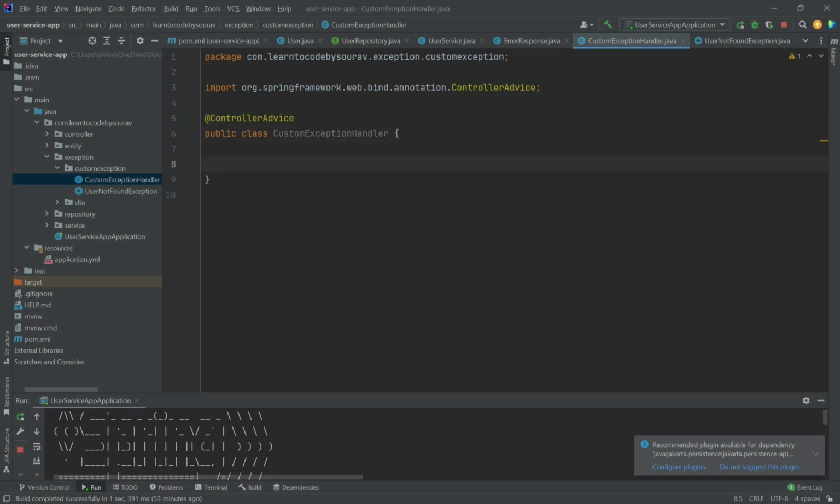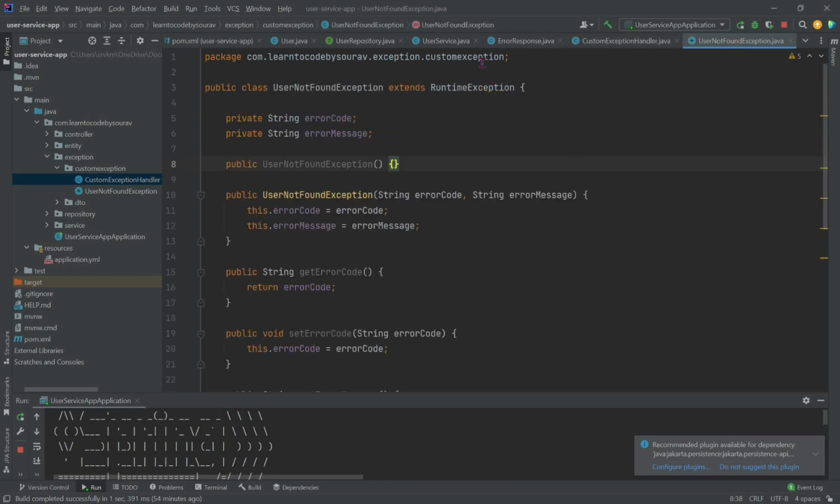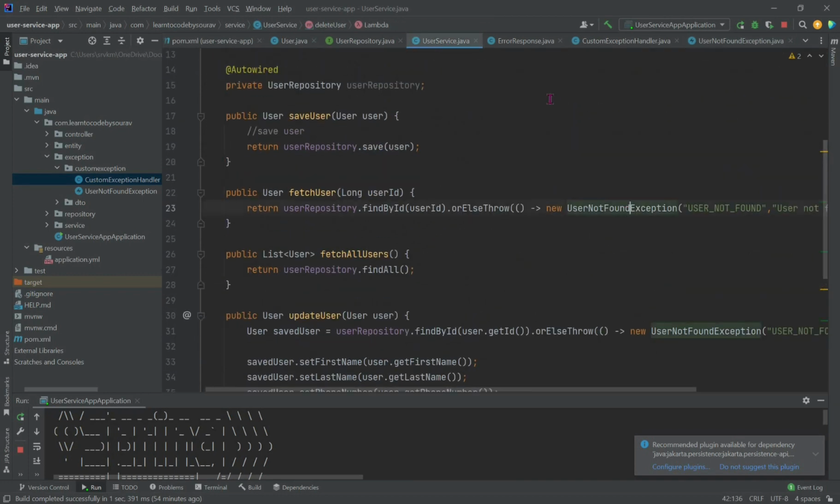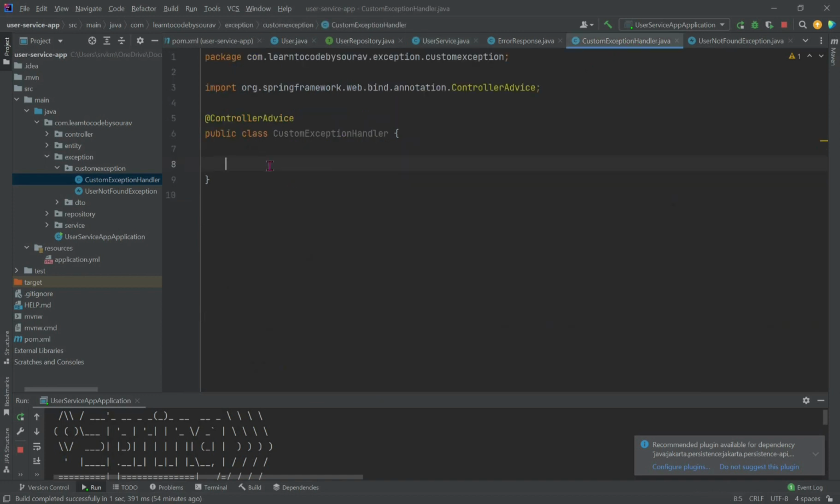Now whenever an exception occurs anywhere in the project, it will land in this class. Now we will create endpoints to handle the specific exceptions. So we have one exception, UserNotFoundException, which will be thrown from this user class from three places. So whenever this exception occurs, it will land in the custom exception handler class at the particular endpoint. So let's create an endpoint, public